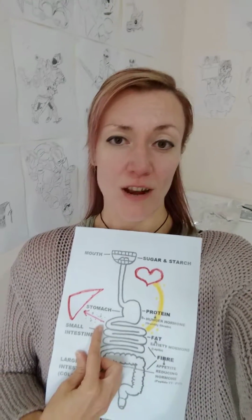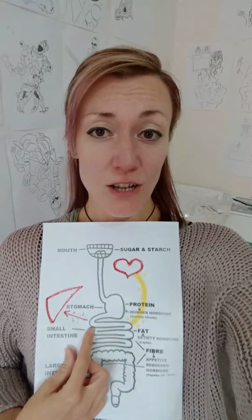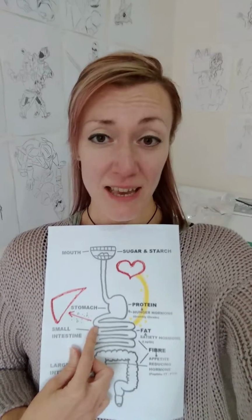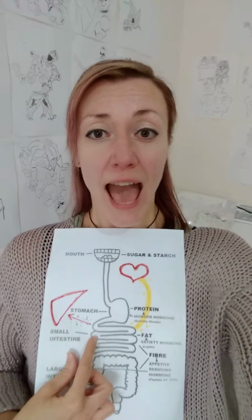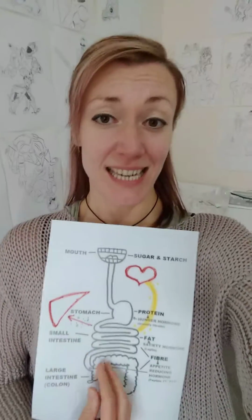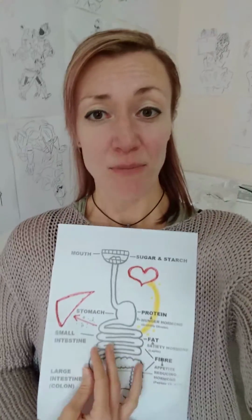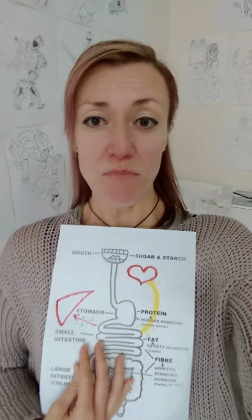Don't forget, glucose is great. G for great, G for glucose, G for gimme, gimme, gimme. Every single cell in our body uses glucose. Our brain prefers it and will kick up a bit of a stink if it doesn't get it. Glucose is so important to us. Our body maintains glucose in our bloodstream at all times, in case it's needed anywhere, because glucose is our most important fuel source. So those who are trying to scrimp on their glucose and go low carb, bearing that in mind,